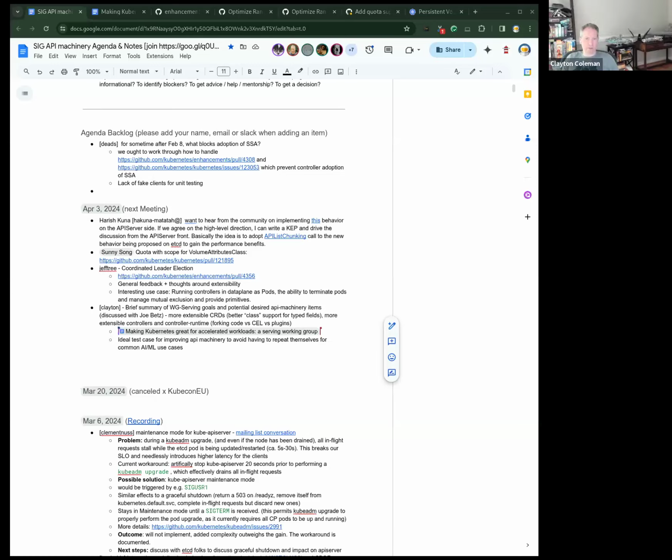Cool. Sounds good. And it may not just be one thing. We very much want the working group to have a couple of different tracks. There's a track to work with the DRA work, which is a better resource model. There's probably a track on simplifying primitives for workloads, and there's probably a couple tracks on autoscaling and the kind of novel things you can do with hardware that CPUs never mattered for. So I'd probably say a couple tracks at least.